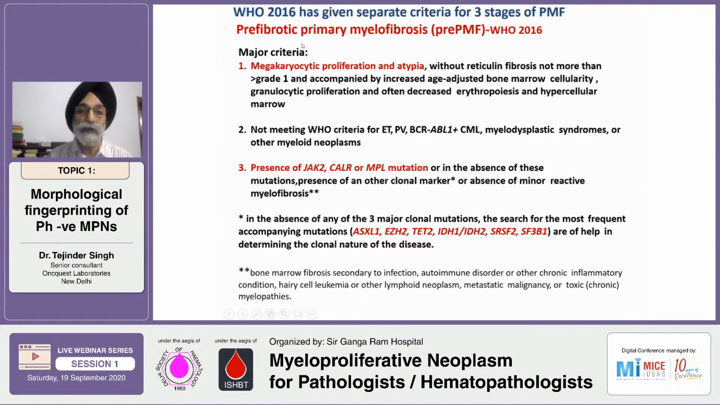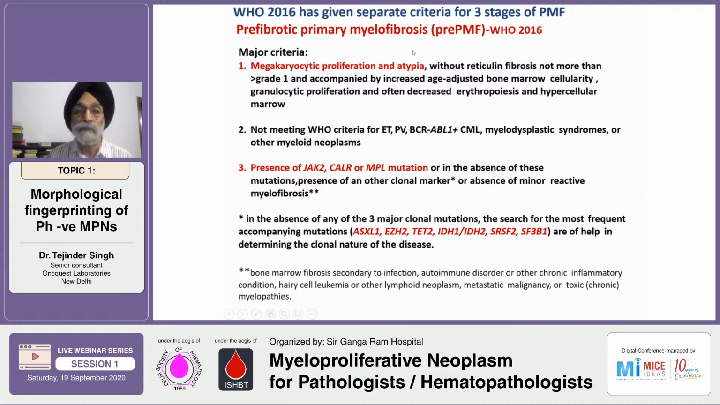Now what happens in prefibrotic? Prefibrotic, as the name indicates, is before the fibrosis ensues. So what is there? It is a very, very hypercellular marrow with a tremendous megakaryocytic proliferation, not only proliferation, and atypia. Now this is one disease where atypia is maximum in the myeloproliferative neoplasm. In others, we don't come across much of atypia. This is the only disease where atypia is rampant throughout the bone marrow, but there is no reticulin fibrosis in